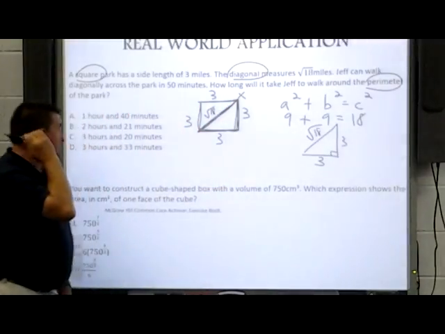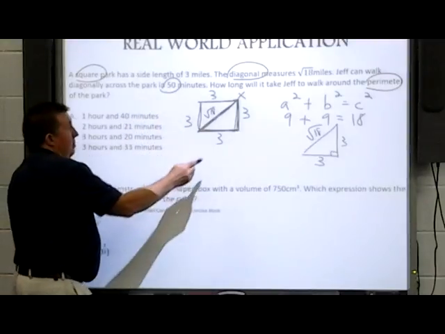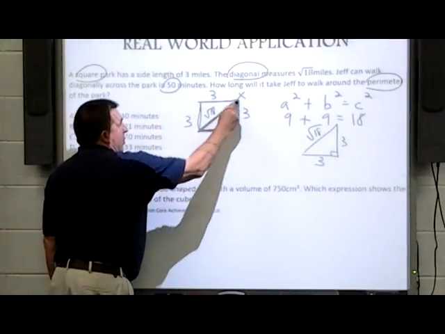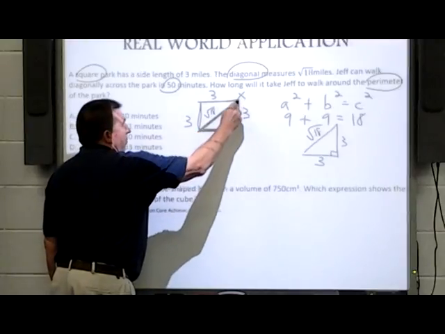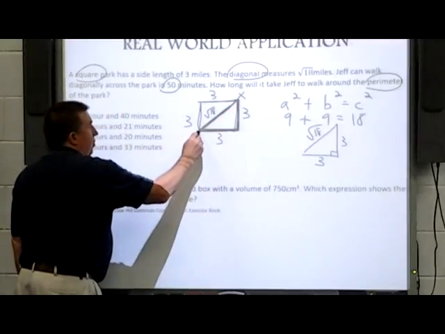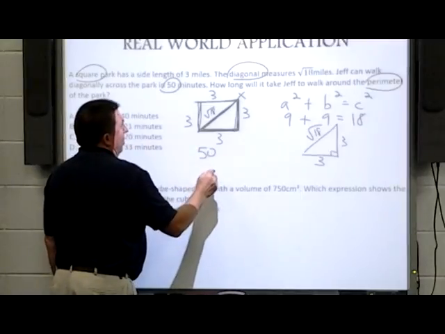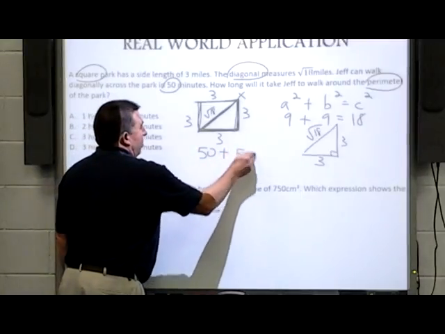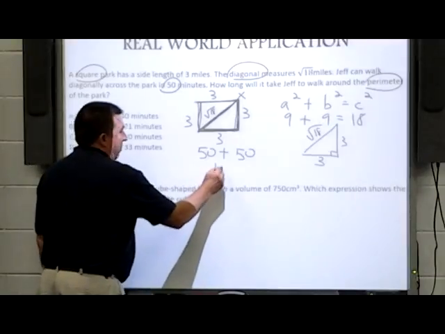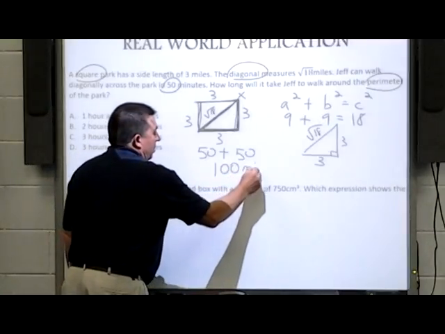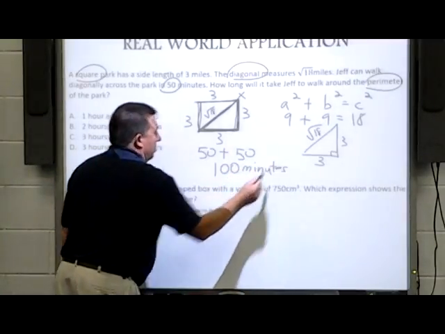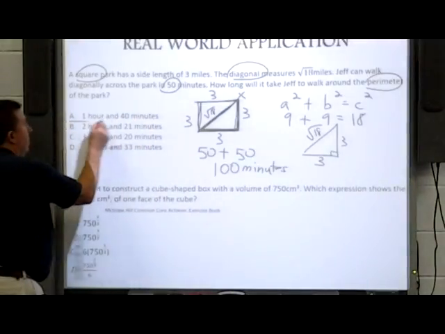So if square root of 18 takes him 50 minutes, that's basically half of what he has to walk, from here to here. So he has to walk the other distance from here to here, which means you take 50 minutes and add another 50 minutes to include the whole square, which is 100 minutes. And 100 minutes is the same thing as 1